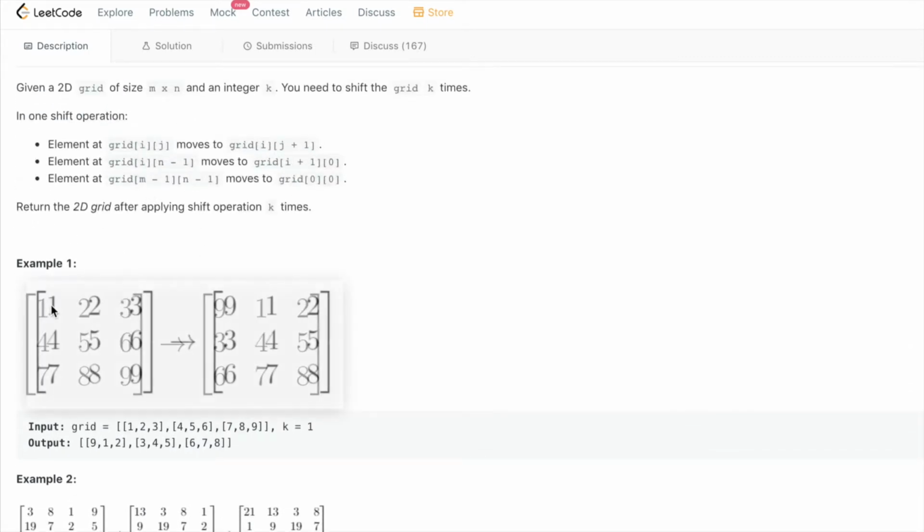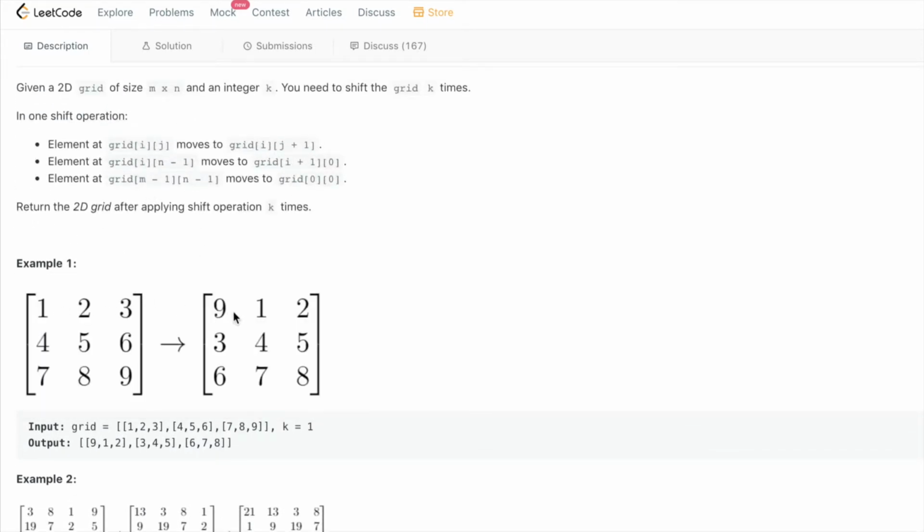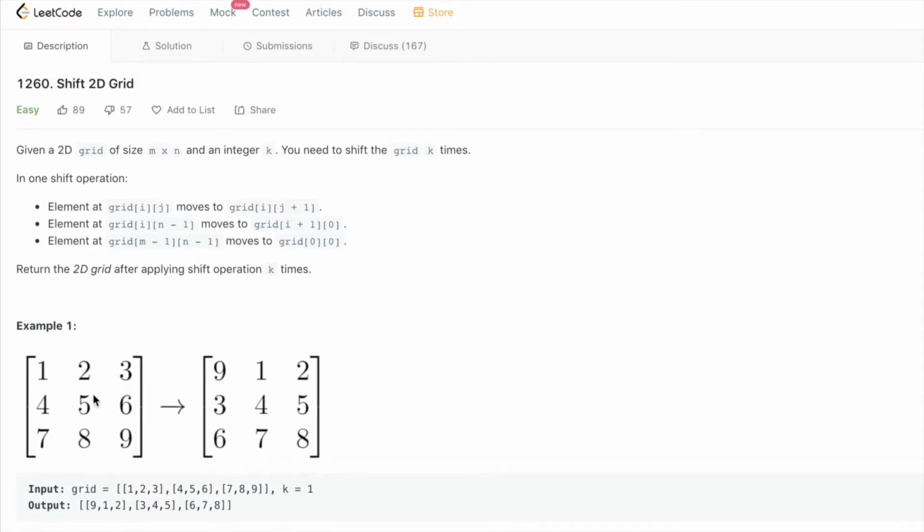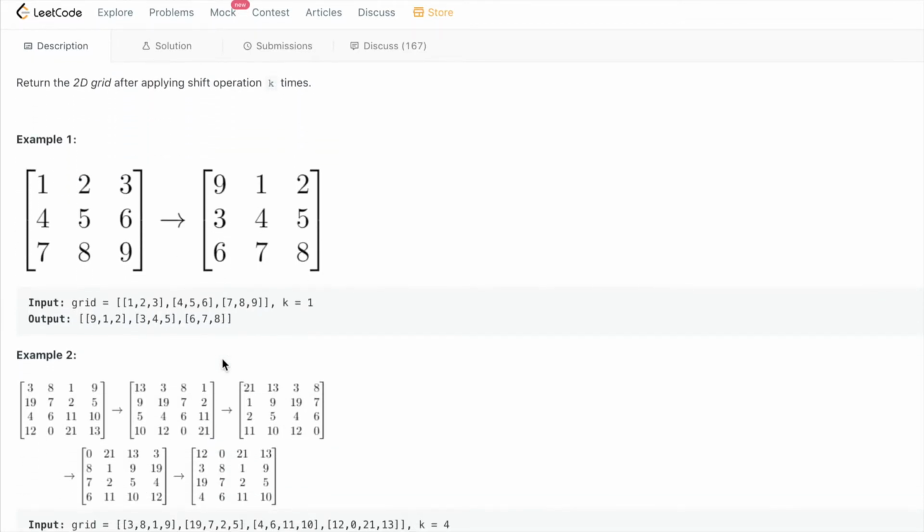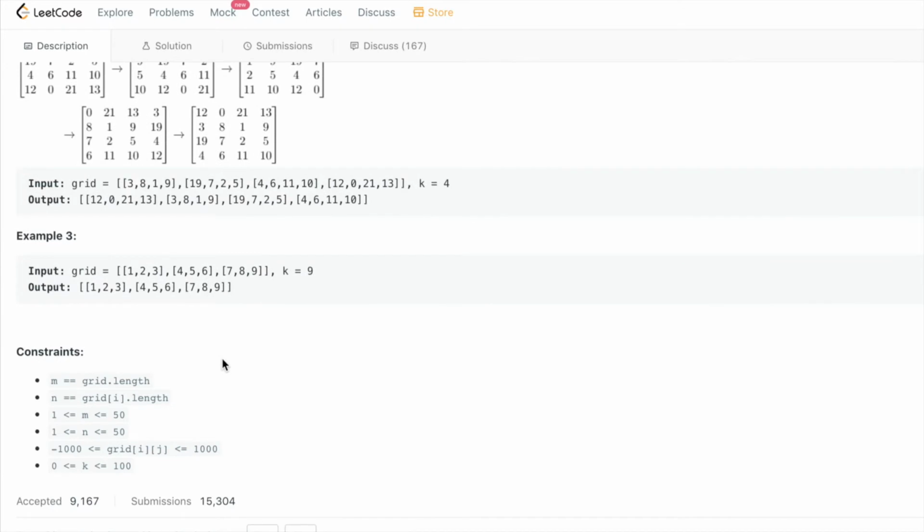So you can see 1 moves to the next column. And then for n-1, if we look at 3, it needs to move to the next row, position 0. So you could see 3 became here. And you could see, for example, 6 here became the first of the next row. So you get the idea. And you could see here 9 became the top left. So this is essentially what the problem asks us, and the constraint is that we might have at most 15